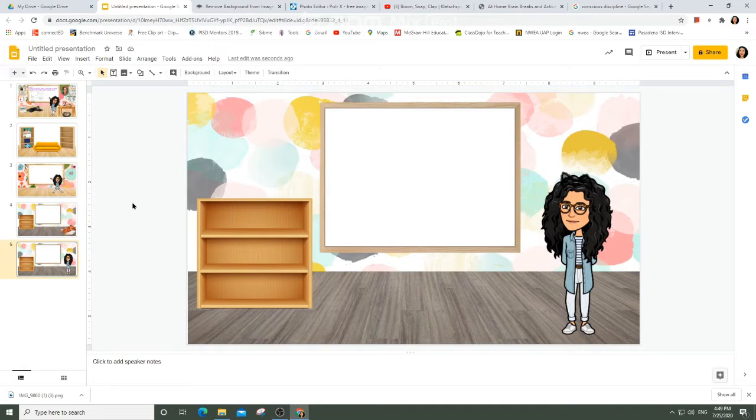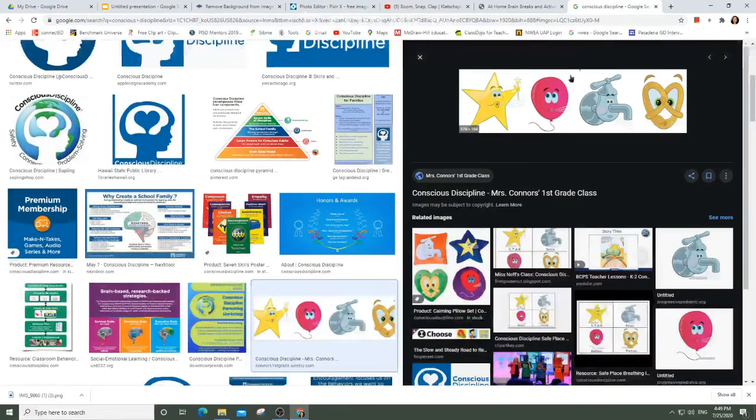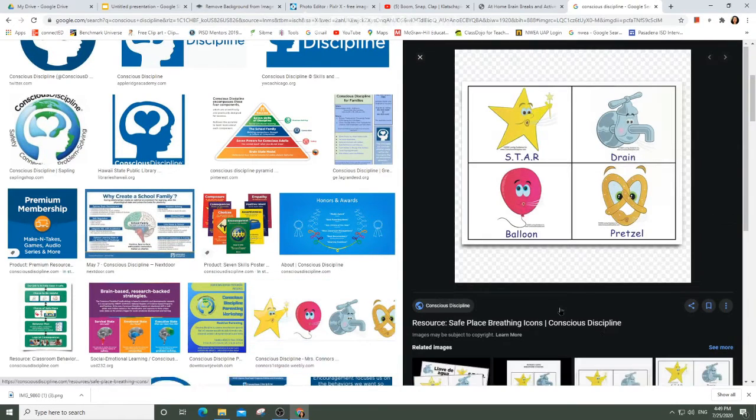Hi guys, now we're going to be working on adding links into our Google Bitmoji classroom. What we're going to do is first off, find the links that you want to use in your classroom and see what kind of way you want to present that to the students. For example, if you are looking for a poster such as this one,